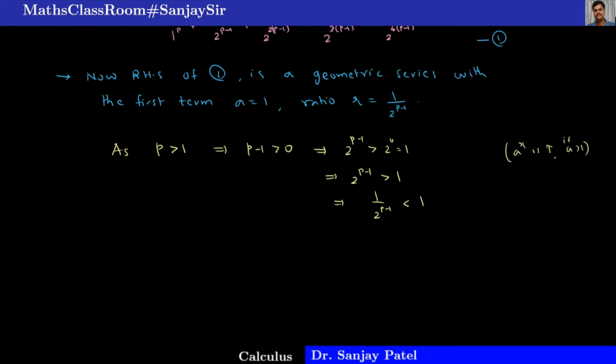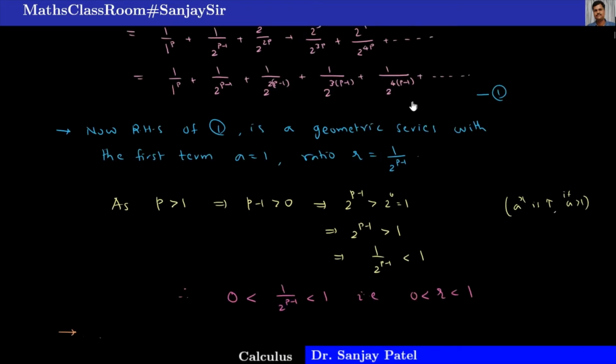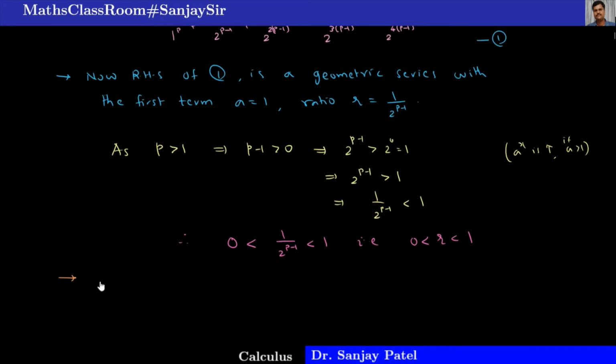Also, this 1 upon 2 raised to p minus 1 value is positive. So what we get is 0 is less than 1 upon 2 raised to p minus 1, which is less than 1. So the ratio r is lying between 0 and 1. Since the ratio is between 0 and 1, this geometric series in 1 is convergent. So hence the series on the RHS of result 1 is convergent,